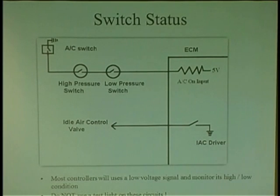So if I were to unplug the harness at the AC switch, I look for the reference voltage. That's something you don't want to test with a test light. I already had a guy actually blow the circuit out. He actually damaged the ECM. Took a test light, I don't know what he was checking, but he was checking it and then he took it out. But basically what it is, you're going to get a reference voltage line coming into the car,